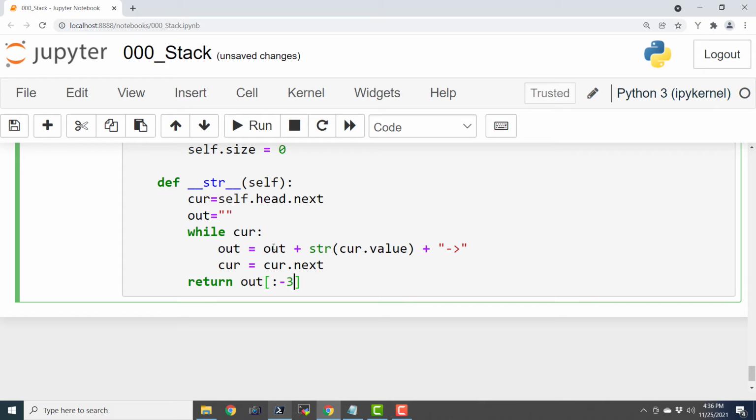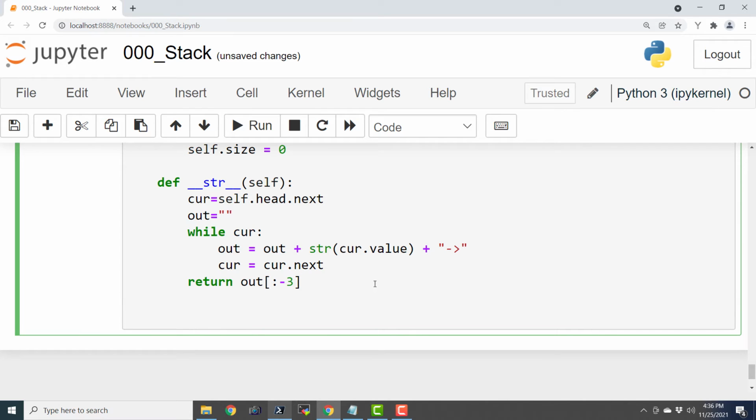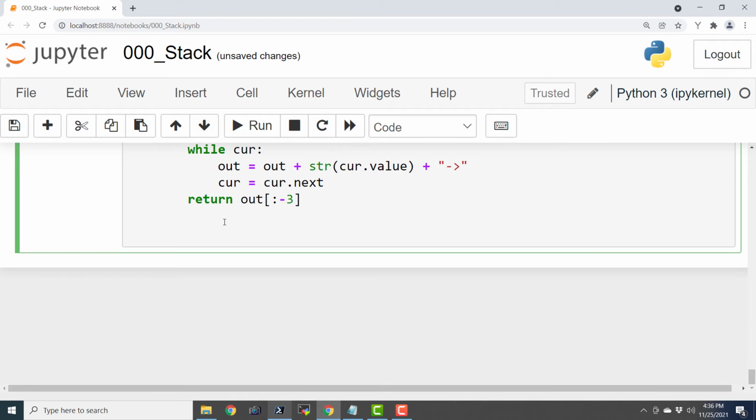So this is going to return a string that contains the concatenated representation of our stack as a singly linked list. So this is all about the print method, and it is actually going to return a string which the print method will print. Now let us see the size.